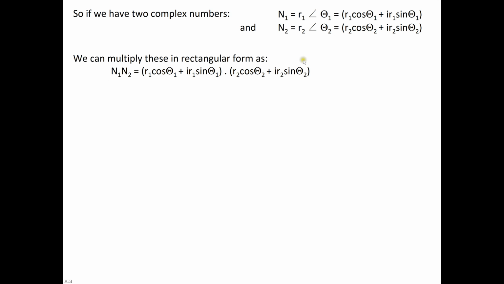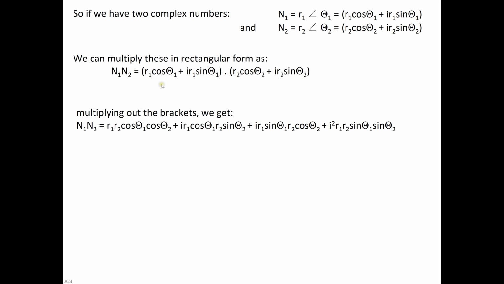So we're just going to bring that down here, and now we're just going to multiply out these brackets. So we have this term, r1 cos theta 1, multiplied by this term, r2 cos theta 2, so that gives us this one. We've just multiplied them out and brought the r1 and r2 separately, plus this term multiplied by this term, so that's I times r1 cos theta 1 times r2 sin theta 2, plus this term